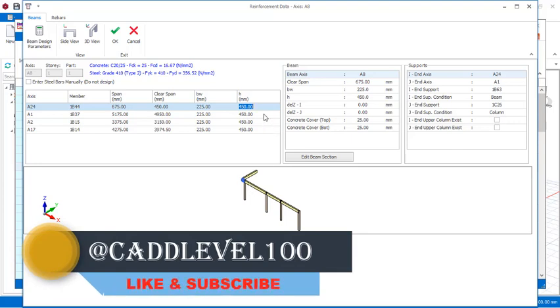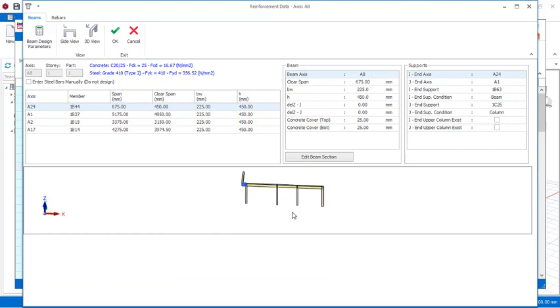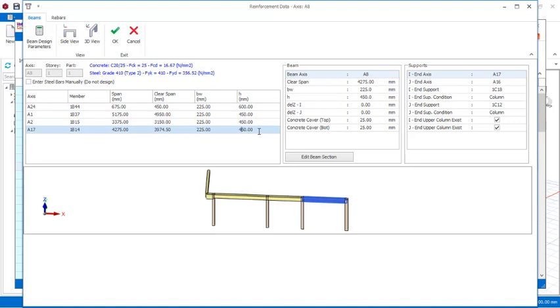Mind you, that beam is a cantilever beam carrying the other beams right there. You can see it in this image right here. So you have to change that depth to 600, and then beam 14 as well, change the depth. Click on the depth to make sure you also change it successfully to